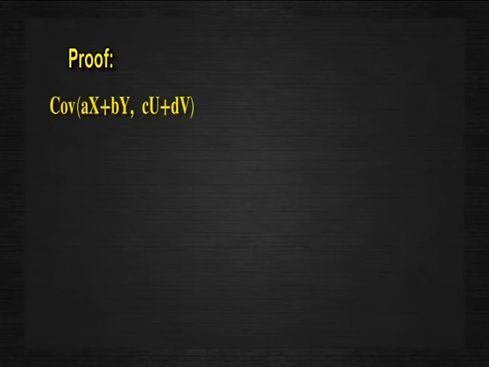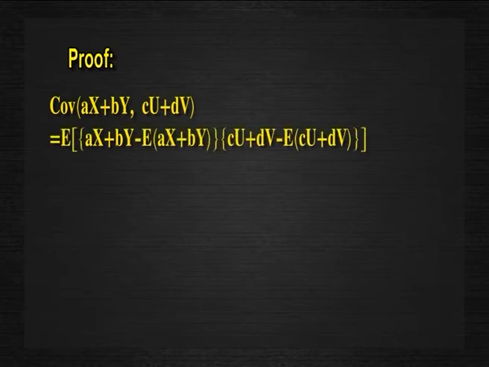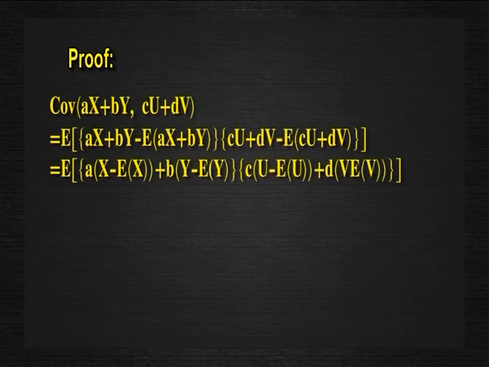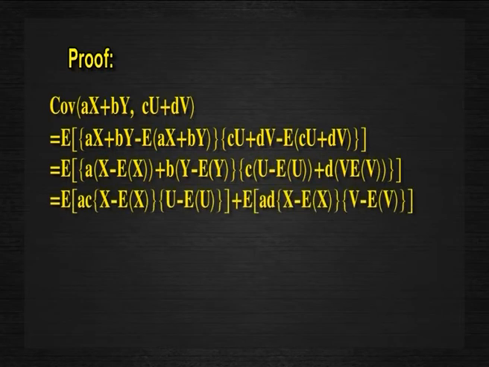Covariance of aX plus bY and cU plus dV is equal to expectation of aX plus bY minus E of aX plus bY into cU plus dV minus E of cU plus dV, which is equal to expectation of a into X minus E of X plus b into Y minus E of Y into c into U minus E of U plus d into V minus E of V, which is equal to expectation of